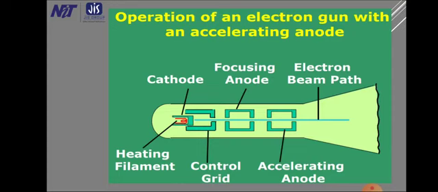Now this control grid typically consists of electrons that are negatively charged. The control grid is a cylindrical device. A high negative voltage is applied. Now, if the electrons are also negatively charged, then both of them repel each other. So the amount of voltage at the control grid is very essential to control the electron beam that passes through the cylindrical control grid.